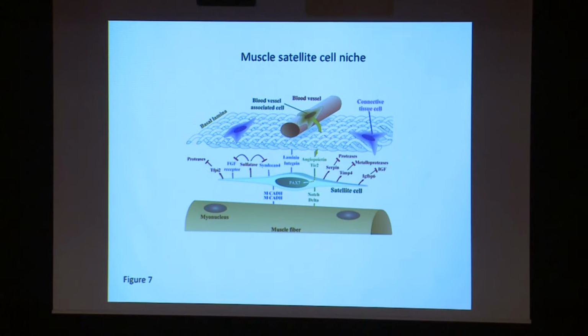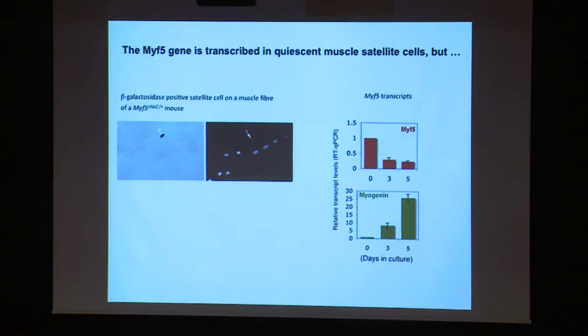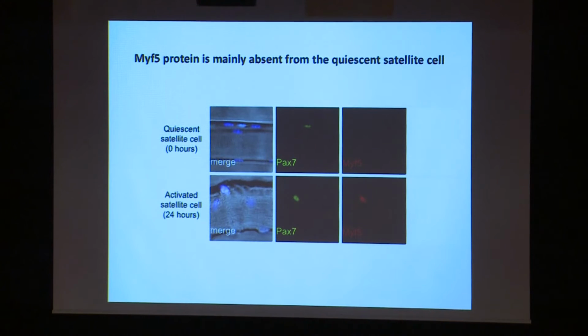So we begin to know more and more about this cell type, and I just wanted to illustrate another aspect of our work, and that also concerns the quiescence again, because I find quiescence very interesting. How could cells remain all along the life without dividing, but also keep their capacity to reactivate very rapidly and amplify and redifferentiate? And one piece of information that we got on this came from the study of the MID5 transcript that I mentioned